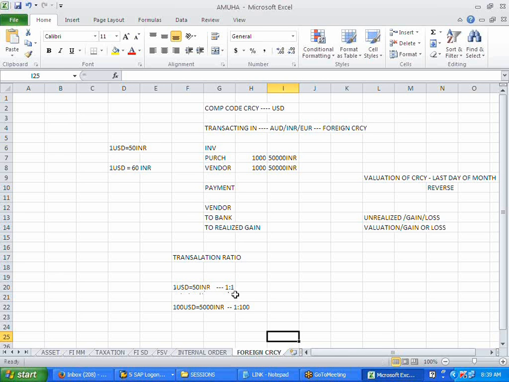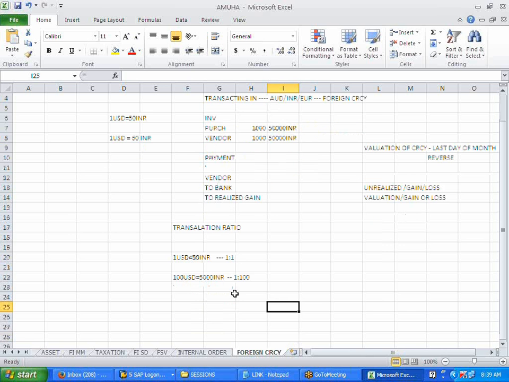Yeah, because if I give you, it's 1:50, right? So I give you 1 USD, you give me 50 INR, right? And then you give me 50 INR, I give you 1 USD, right? So ratio conversion is 1:1 only, na? Conversion. Okay, maybe conversion is different from doing the math, right? I don't know how you got it.